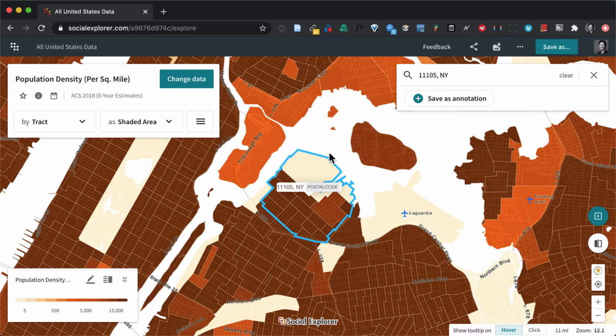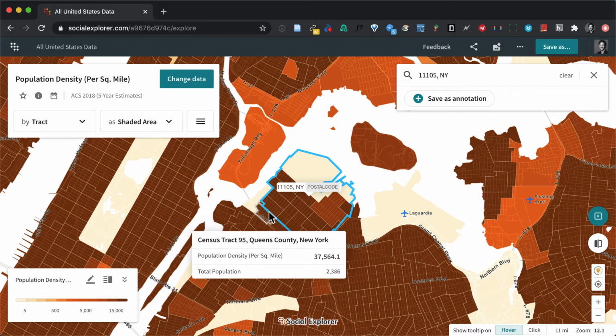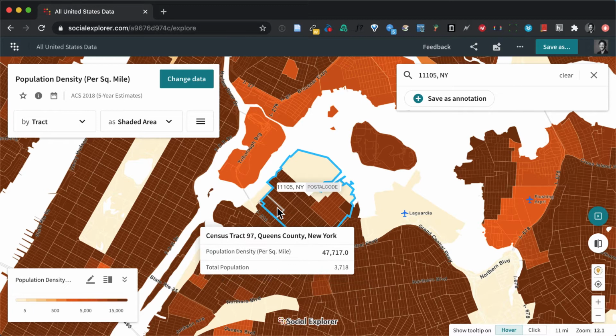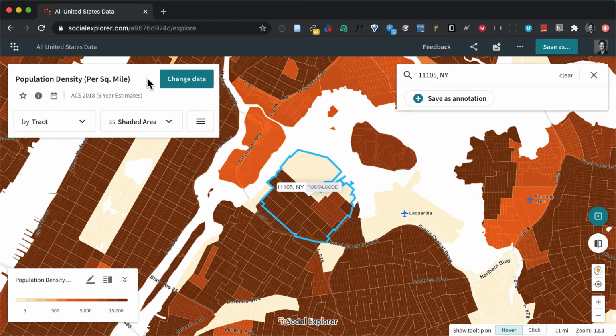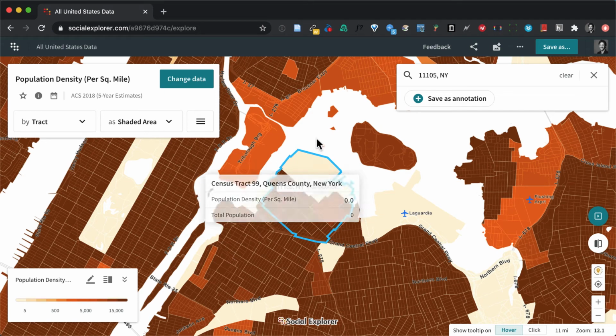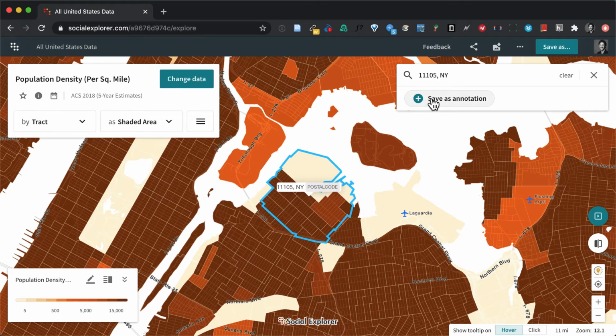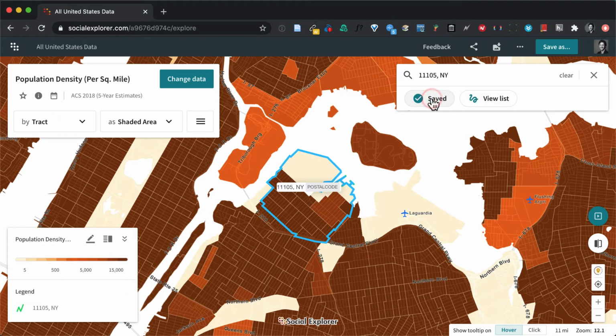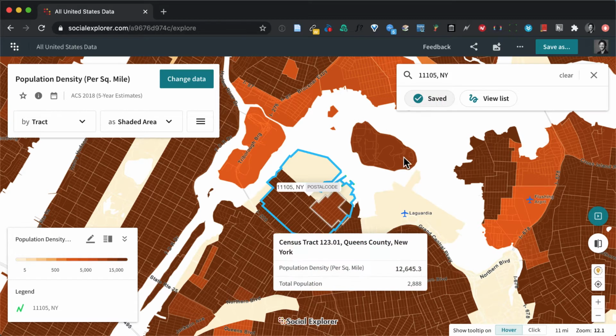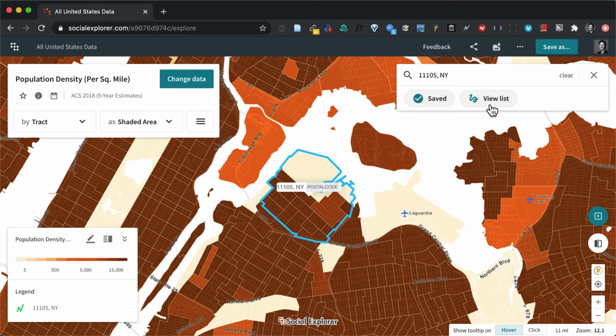And the way it's set up is that if I mouse over, it's going to provide me with information pertaining to data that's located up here in the top left corner. I'll just give you an example. This zip code that I searched, well, what I might want to do is save this annotation. So I'm saving that blue box, and then if I want, I can click View List,